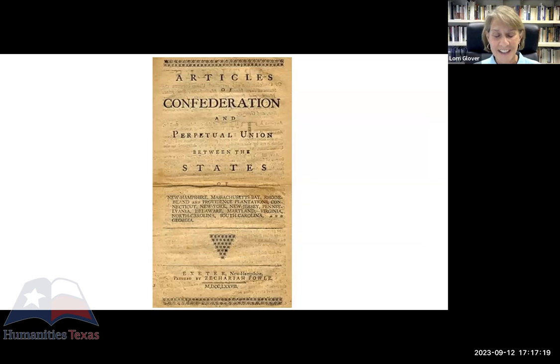But spoiler alert, from the 21st century point of view, it's a lot easier to list the weaknesses of the Articles of Confederation than it is to list the strengths. The weaknesses are numerous and self-evident, and the strengths are difficult sometimes to find. In fact, we might ask ourselves, in considering from the 21st century, the strengths and weaknesses of the Articles, how could smart people have made such a bad series of decisions? What were the founders thinking with the Articles of Confederation?